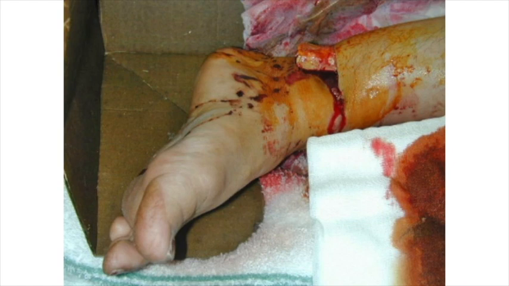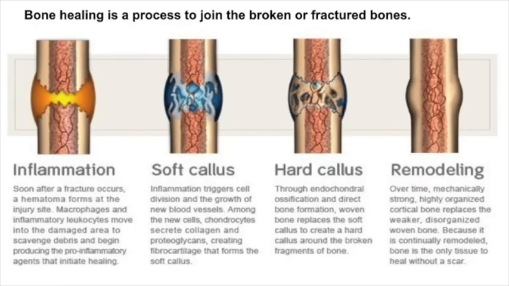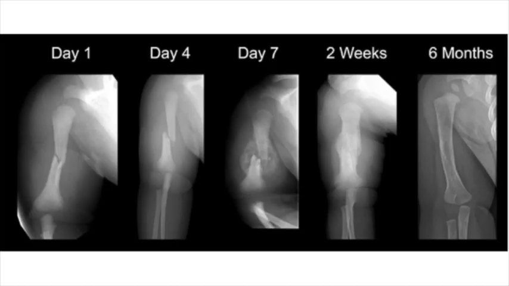It's a terrible situation. Now, after the fracture, we always have a healing process. So what happens in the healing process? We have four phases or stages: the inflammation stage, soft callus, hard callus, and remodeling. I'll repeat again: inflammation, soft callus, hard callus, and remodeling. So this is a sample. This is a baby fracture